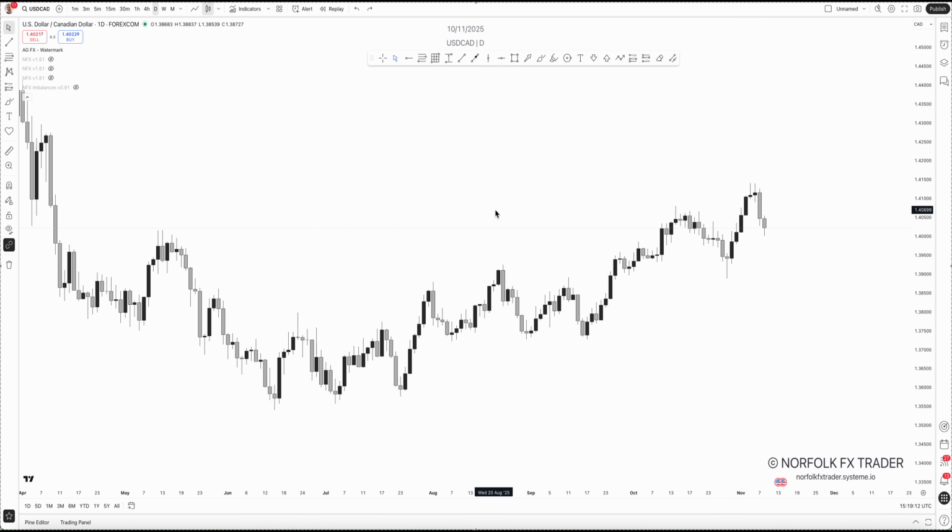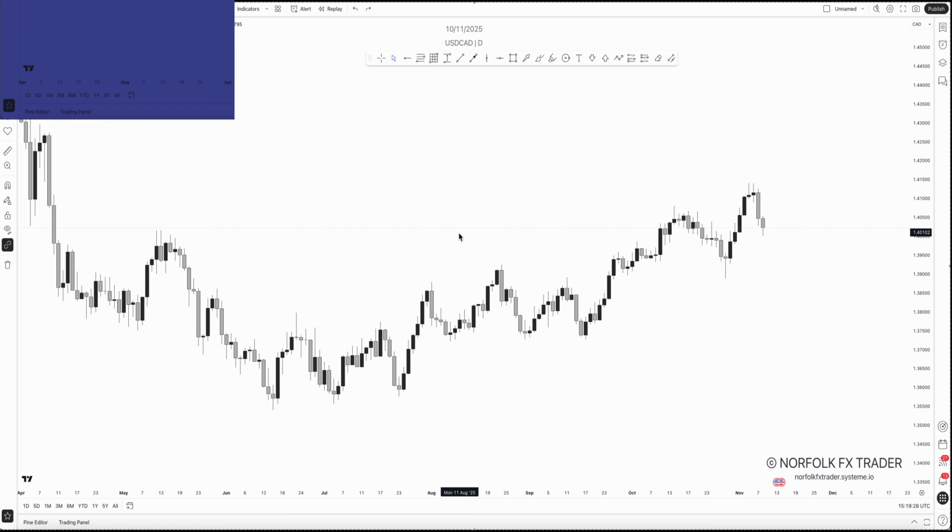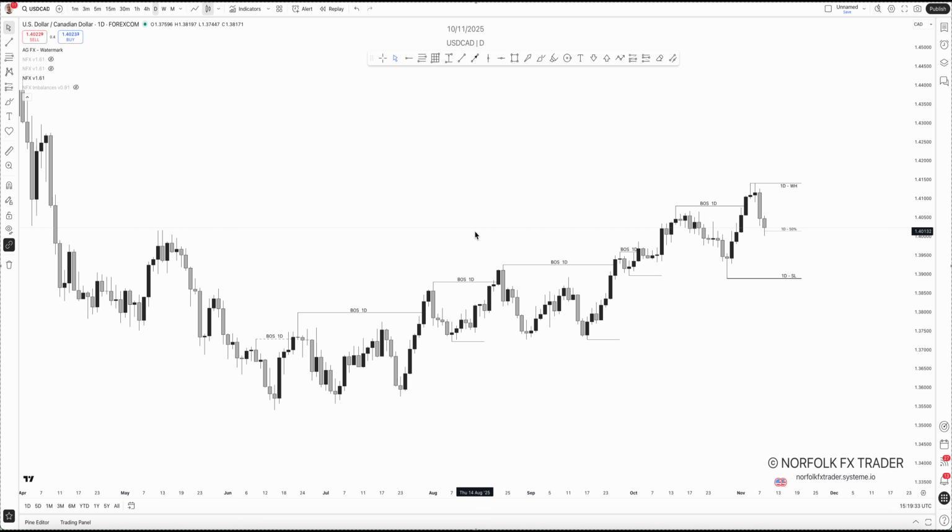What I'm going to do is mark up this chart in front of you. We're going to mark out the previous breaks of structure, and I will show you how we're going to use these levels to find your true breaker structure and where we're going to look for that liquidity sweep. So let me just add some levels onto this chart. We've got our breaker structure on the chart on this daily time frame here, the US dollar CAD. These are old previous levels that you can see here. Now they're marked off for you for the current day as